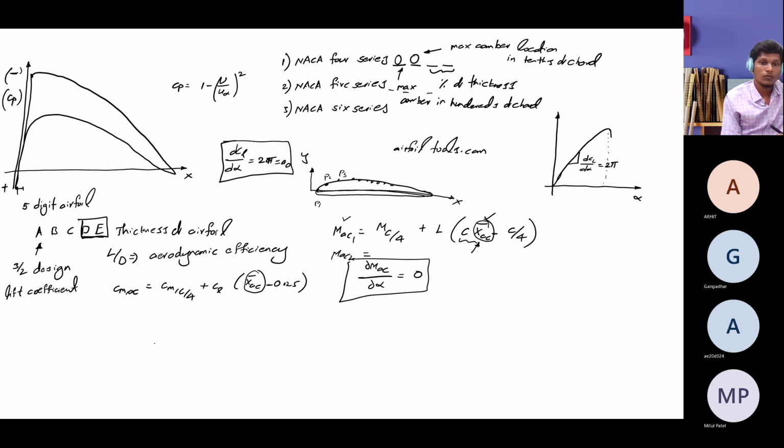And for further analysis, like the same thing that I wrote here, dCm by d alpha about the aerodynamic center, that is moment about aerodynamic center. If you partially differentiate the moment about aerodynamic center, then by definition it should be 0. I want to apply the same for this non-dimensional way of moment about aerodynamic center. If I apply that, what I will get is Cm comma c by 4, that is coefficient of moment at quarter chord point.